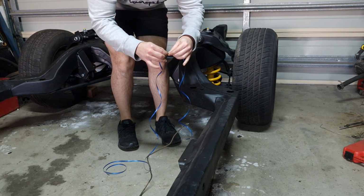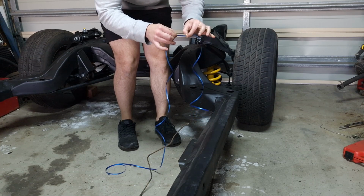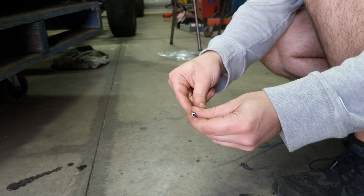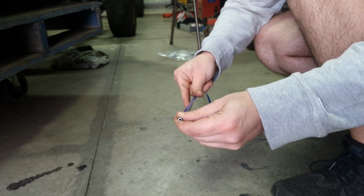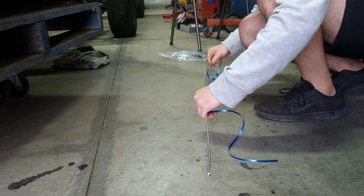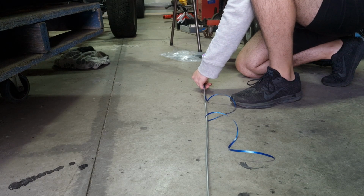I'm going to give myself a little bit more just because the line's going to route a bit different, and then I can come back and cut any excess that I have, but it'll be a bit longer than a bit shorter. So we're just going to place our ribbon or string or whatever you chose at the end of the new line, and then do the same thing you did before and basically trace it back on here to see if you have your required length, which for me ends up being